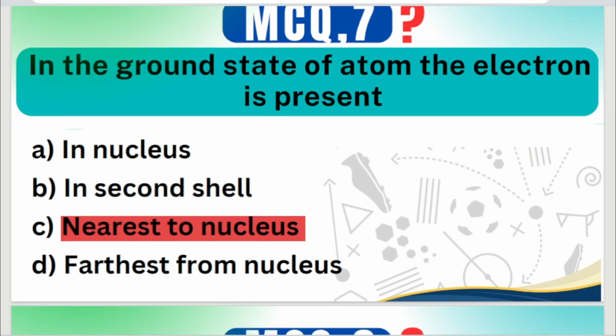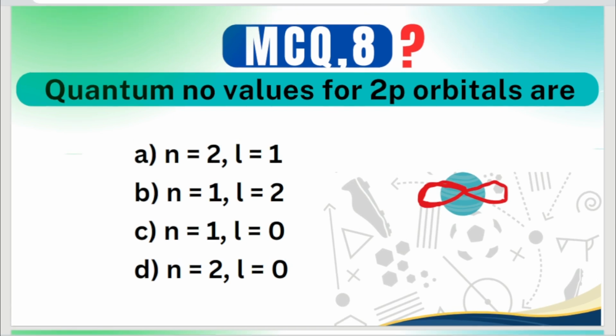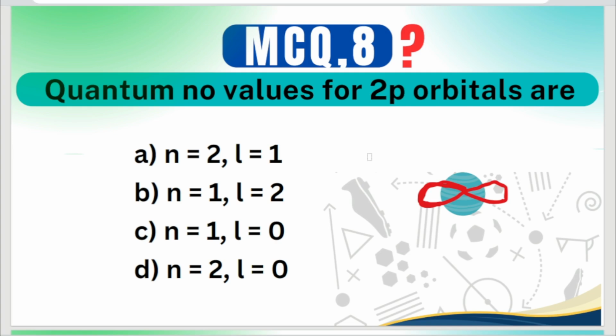Now, question 8. Quantum number values for 2p orbitals are. Here the four options are given, in which principal quantum number values and azimuthal quantum number values are given. We have to think over the question, that is what should be the right choice for 2p orbital. That is, 2p orbital stands for the n and l values. As we know, 2 stands for a principal quantum number value, n is equal to 2, and p for azimuthal quantum number,